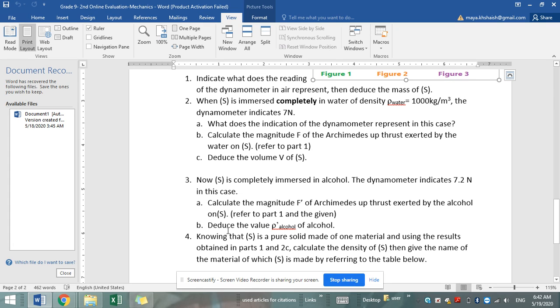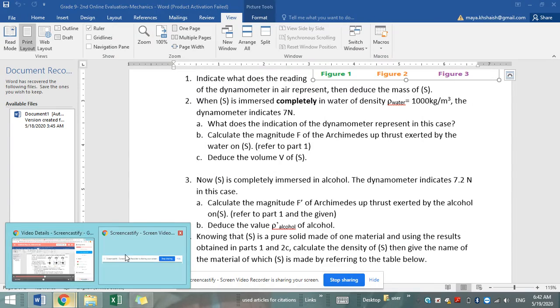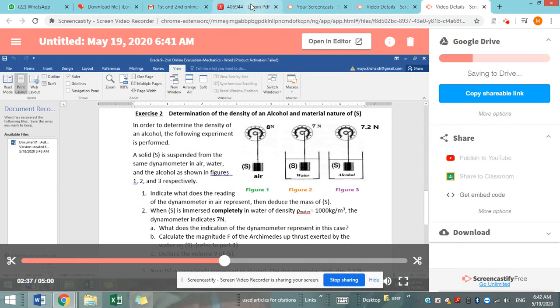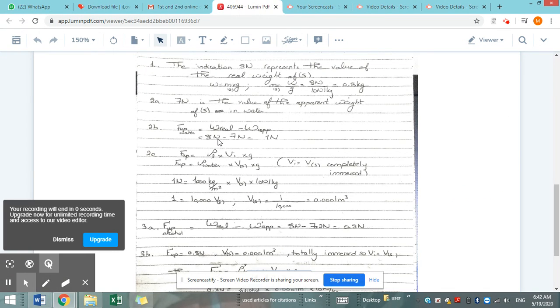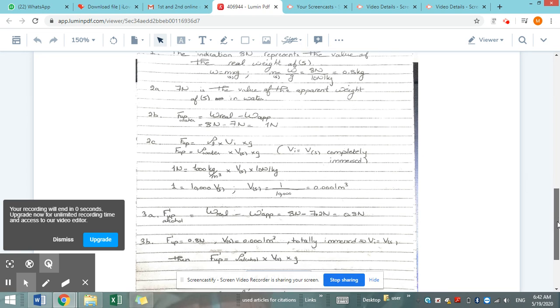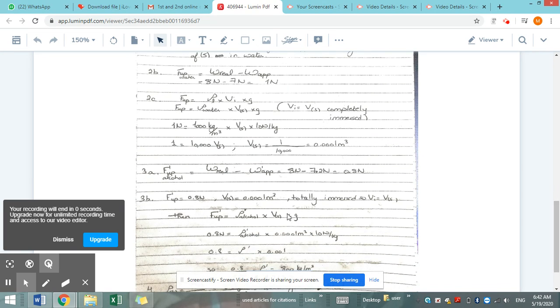So now in 3b, they're asking for the value rho prime of the alcohol. Deduce, the action verb here is deduce. This means that we have to make use of the magnitude obtained in part 3a simply by applying the rule of Archimedes upthrust, which says that F a prime, upthrust, is equal to density prime of the alcohol times